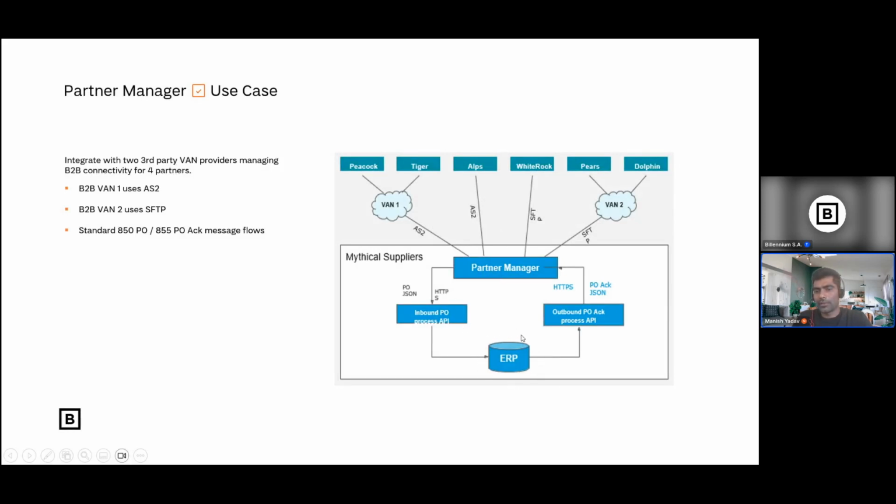ERP is nothing but SAP or Salesforce here, where your order is stored. But SAP or Salesforce doesn't accept EDI. They mention that no, I will only work with JSON. So the partner manager internally calls a process API which is used to convert EDI to JSON.